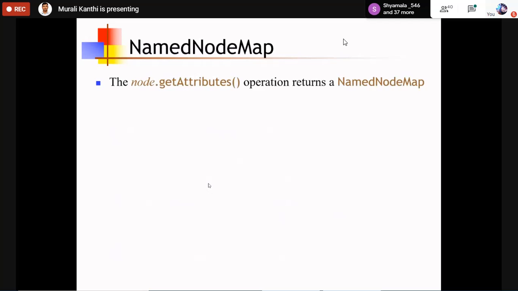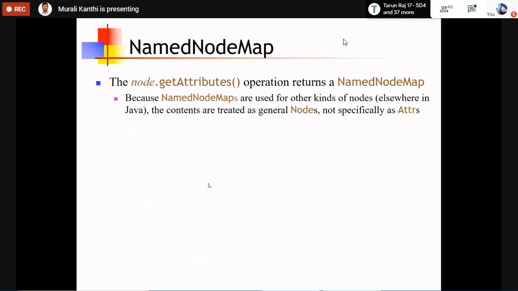Node.getAttributes returns a NamedNodeMap. Because NamedNodeMaps are used for other kinds of nodes, the contents are treated as general nodes, not specially as attributes.